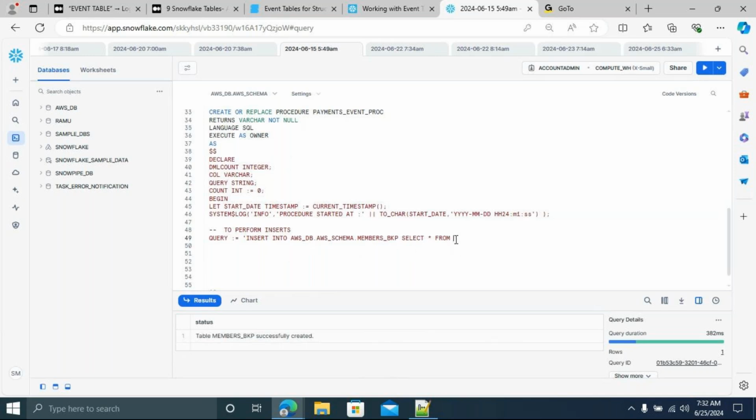Every time, what you have to give? AWS DB. Database name you have to provide, and then provide the schema name. Take it as a practice. Don't put the table name as it is. Put the database name, schema name, and then put the table name. Okay. Now, members, good. Written a query.